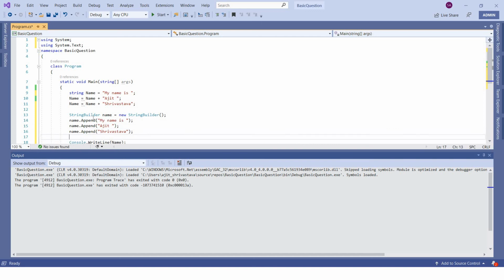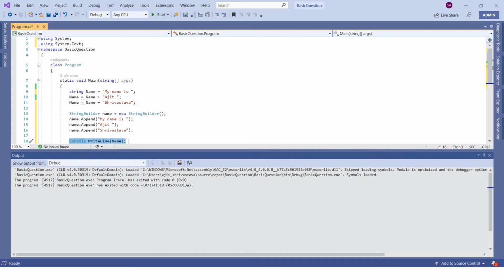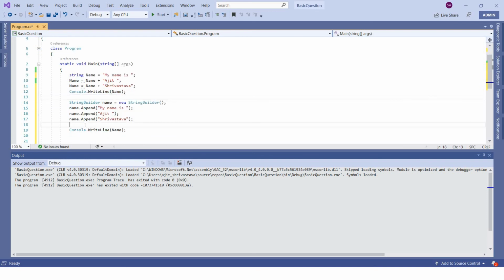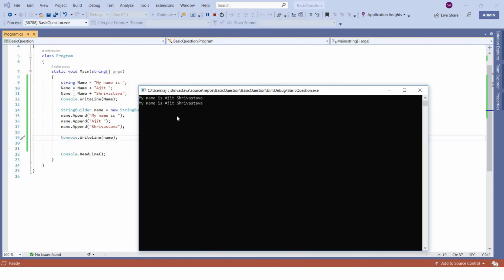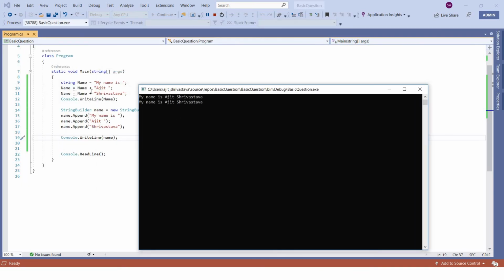Now you want to print it, right? So let me just copy this at the top also, so that it will print both. Now you want to print this. Let me just print the name. Here you can see we print the name, and whatever we have added, you can directly see those values.